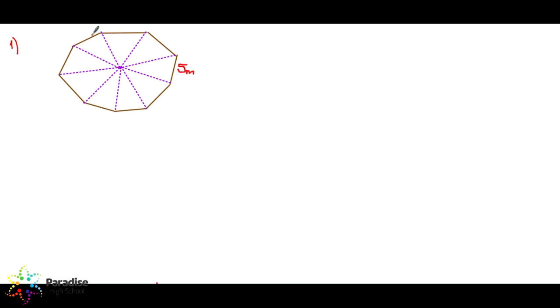We have here a nonagon. Nonagon means it has 9 sides: 1, 2, 3, 4, 5, 6, 7, 8, 9. And the question is to find the area of this nonagon. Since it's a regular nonagon, which is given in the question, all the sides are equal,